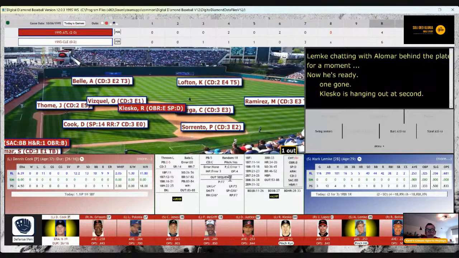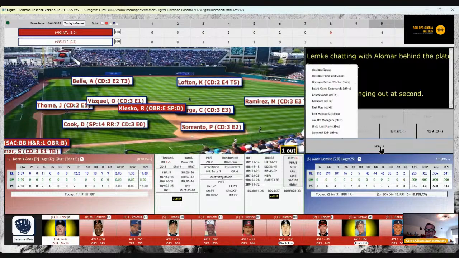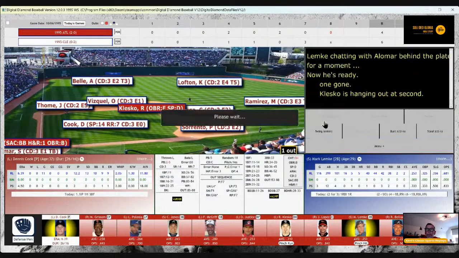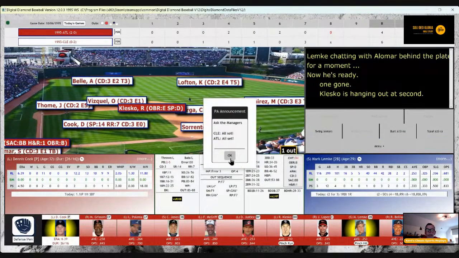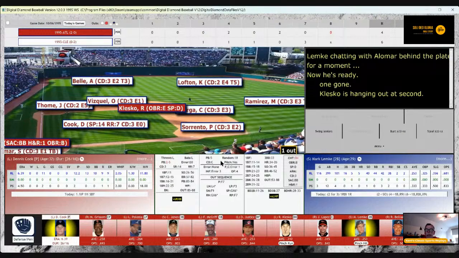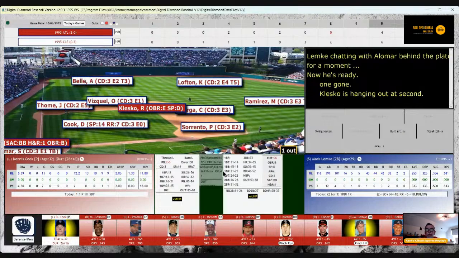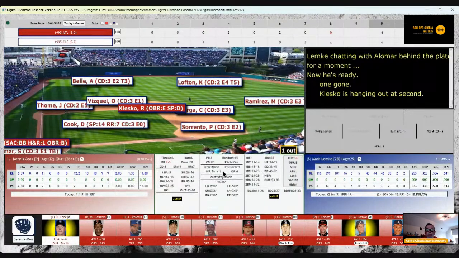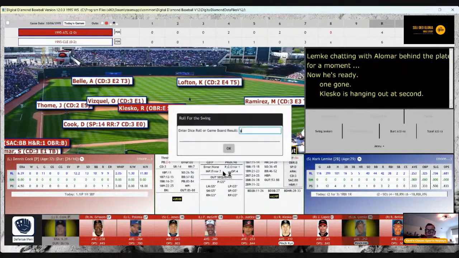Runner on second, and Mark Lemke coming to the plate. Just want to check, ask the manager real quick. We're all set. Lemke coming to the plate. 2 for 3 on the day with an RBI and a run scored. It will be on Lemke's card. That 83 again, however, will be an out. He's a switch hitting neutral, and it's a grounded 2 short. We'll check for the error. There is none, so that's a GX6.